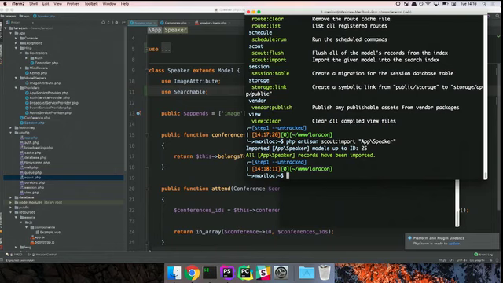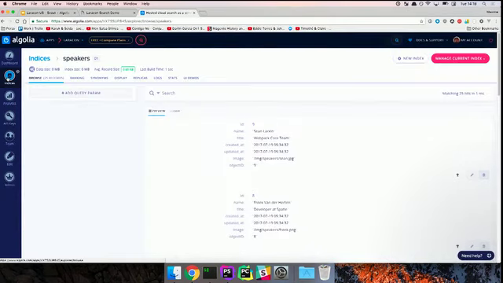And I want to check that this was imported properly. So I'm going back to my dashboard. And in indices, I see that my speakers are already there. So as you can see, it's quite instant. I have all the information that is on my models: the name, the title, created at, updated at, the image, and you have this objectID, which is a unique identifier that you need to provide. By default, Scout is doing that for you, and it's taking the ID of the model. This can be configured, but by default, it's taking just the ID, so we see that ID and objectID are the same value.